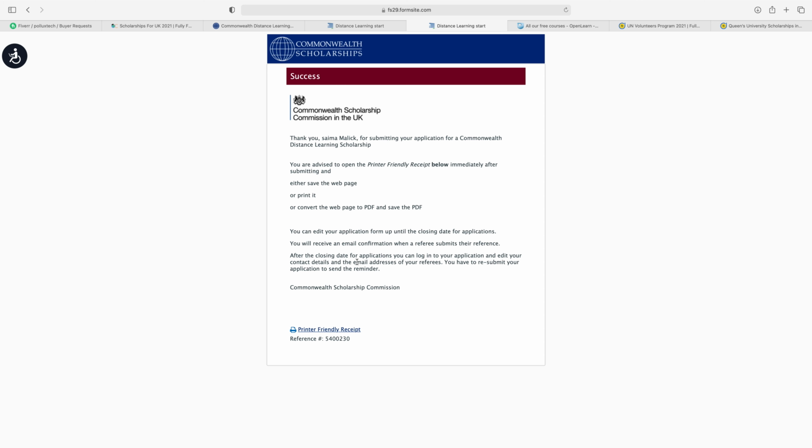After the closing date for applications, you can log in to your application and edit your contact details and the email addresses of your references. You have to resubmit your application to send the reminder, and if you click on this, you can print your application if you want.